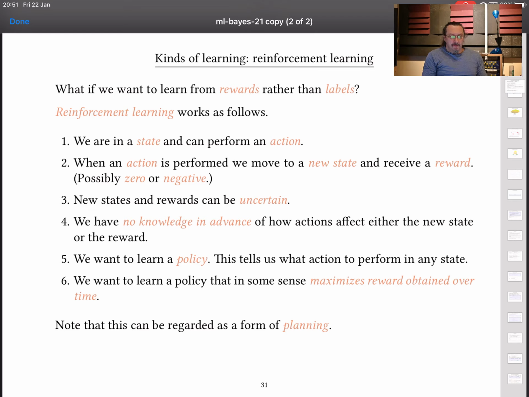Now, while I won't, again, have time in this course to talk about reinforcement learning, much as I'd love to, because it's a brilliant subject, what is important to point out is that quite often it requires some other form of learning as a subsystem, usually some form of supervised learning. You need a supervised learner in order to implement quite a key part of the overall reinforcement learning system. So we're still learning something that's going to be useful if you go on to look at this kind of stuff in more detail.